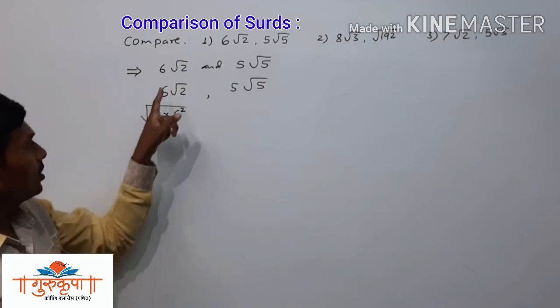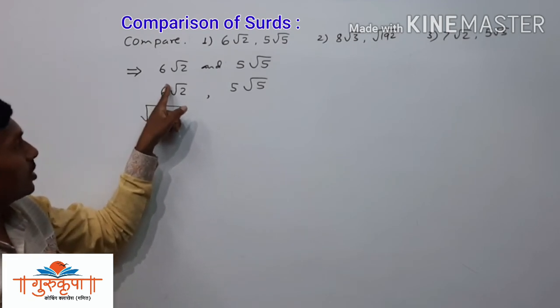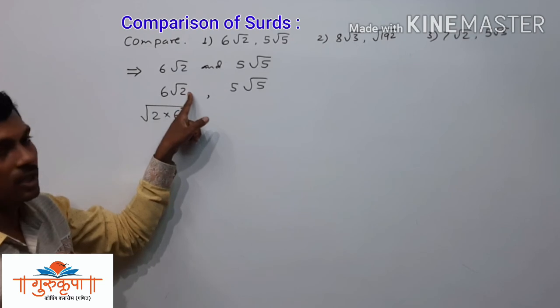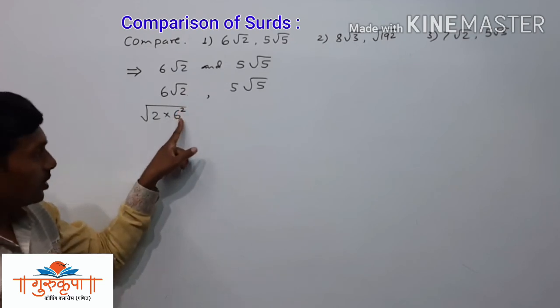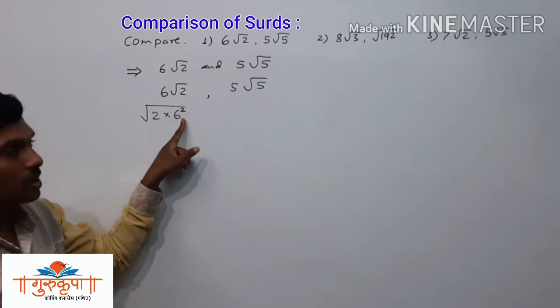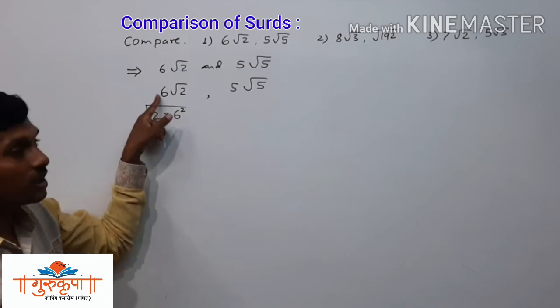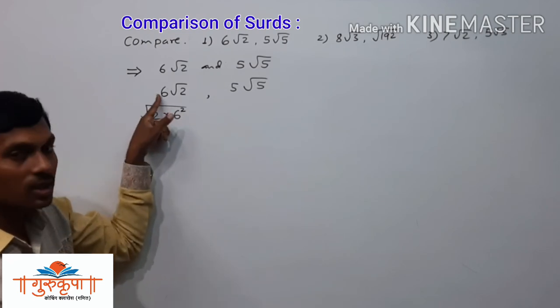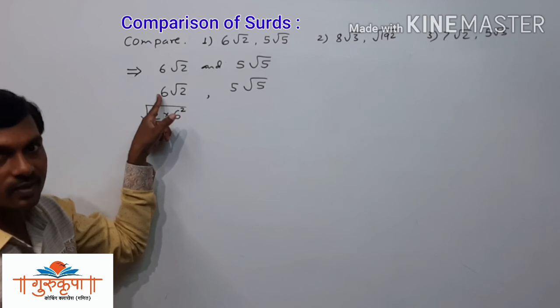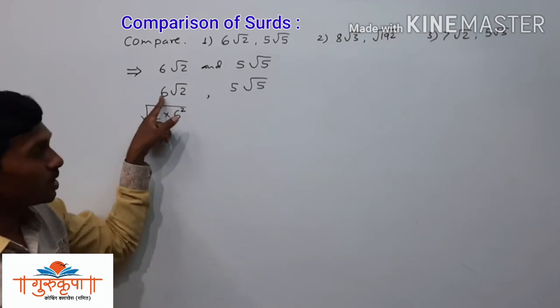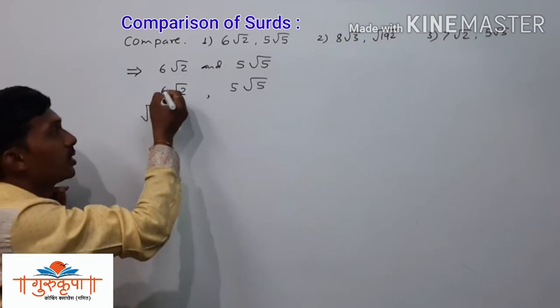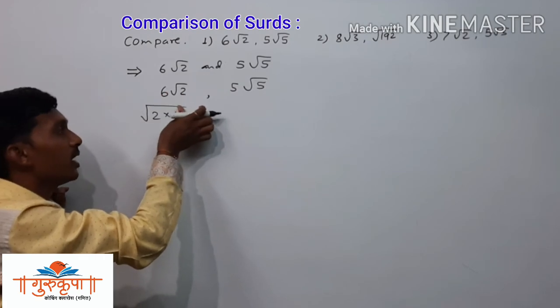Why? We have to give this order to this number while taking it inside. Now here in the square root we have 36. If you take it outside, then the square root of 36 is 6. Outside the square root it is 6. So inside the square root directly you can write